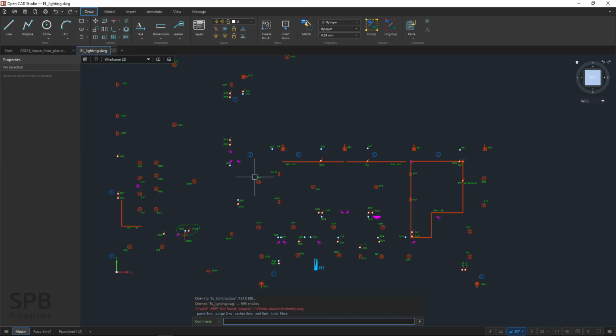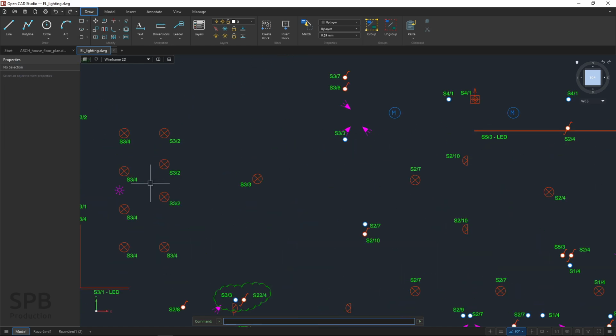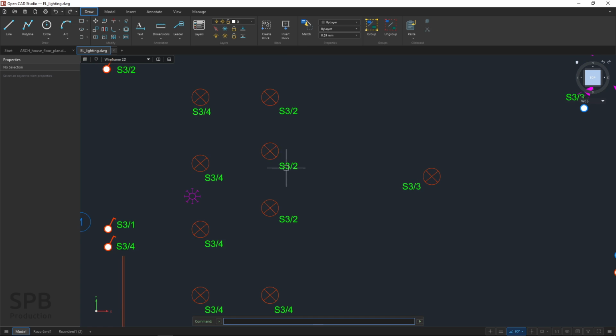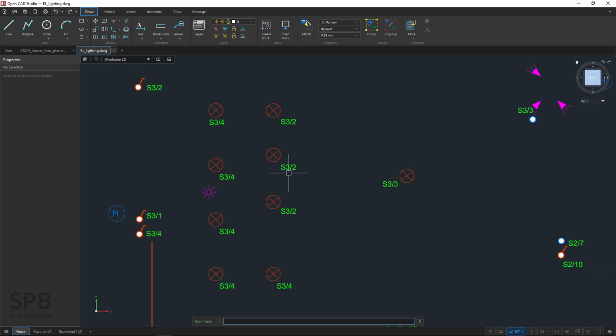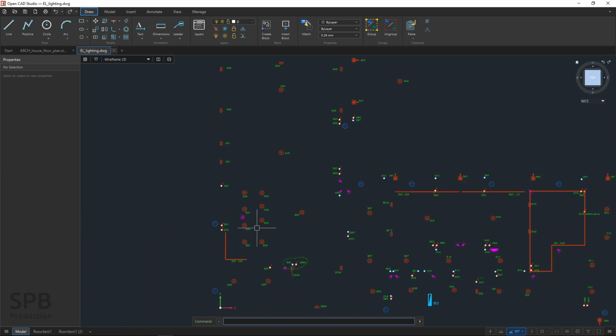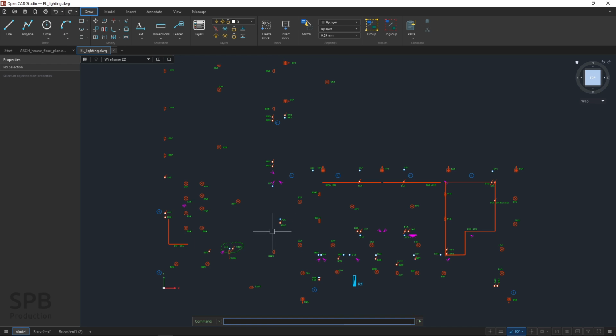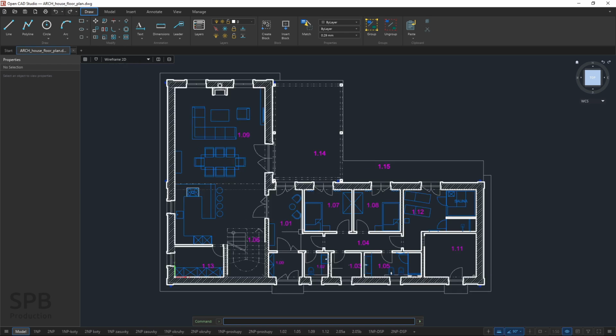And he used an external reference, my floor plan, and he created this lights setup with also the numbers of circuits and also the switches, etc. All that you need to create electrical part of the building. And I would want to see where the lights are located and where the switches are located in my floor plan. So I will actually close this file and I will load that file here into my project as an